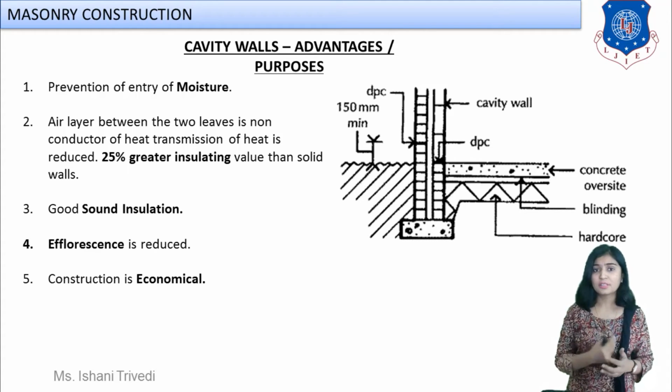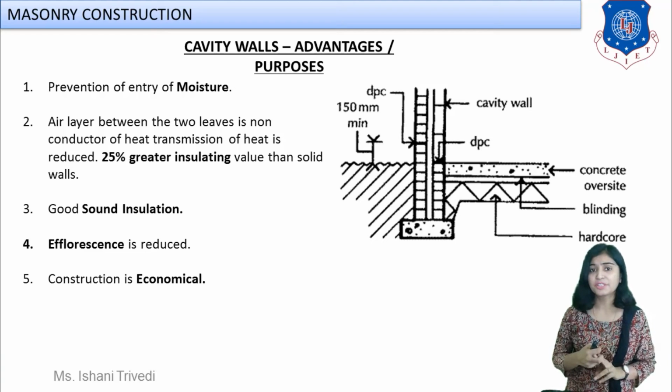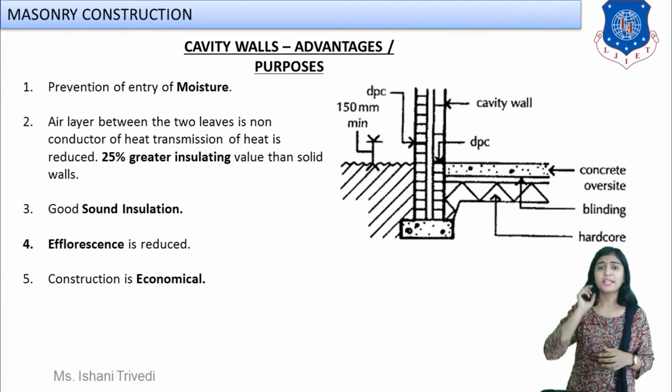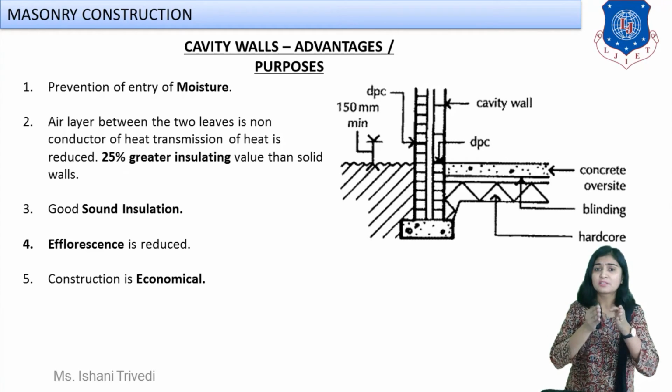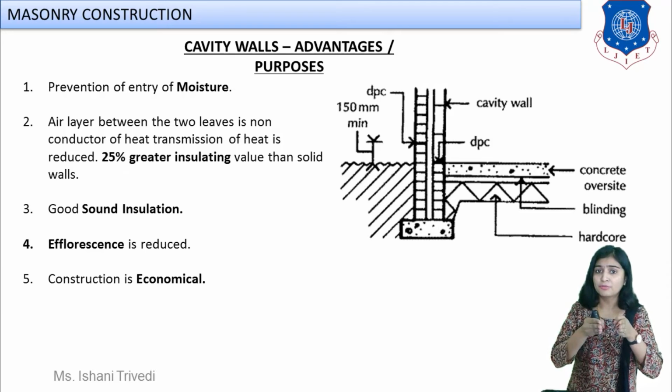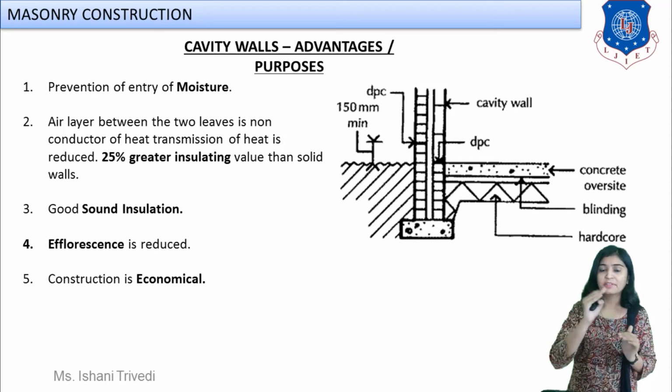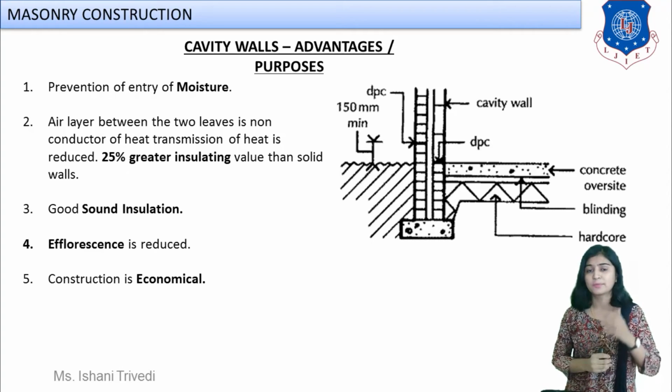Now let us talk about the location of the cavity wall in a structure. So first you can locate the cavity wall right from the starting of the foundation, from the footing. Look at the image flashing over here. This is a cross sectional diagram which you are also supposed to draw for location of cavity wall. What can we see? That the cavity wall is directly constructed from the footing itself, and then it is moving on top and up to whatever level you want to take, up to first floor, up to the roof, you can take it.